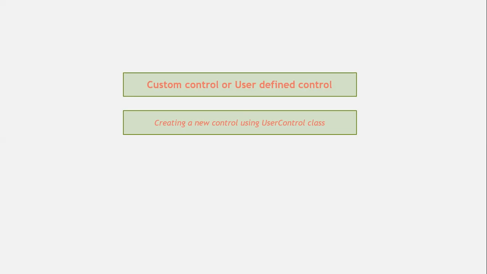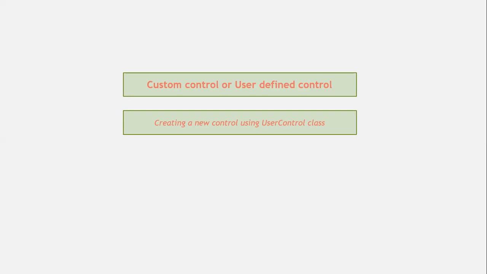We studied two types of controls in previous classes: intrinsic controls and extrinsic controls. Intrinsic controls are those which are available in the toolbox, and extrinsic controls are those which are not available in the toolbox, but we can import them into the toolbox and use them in our project.